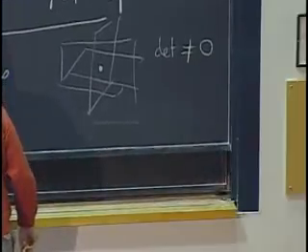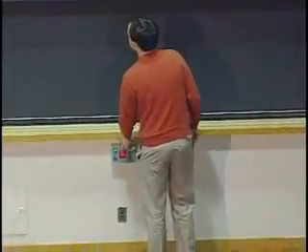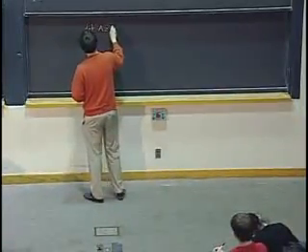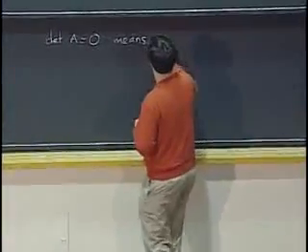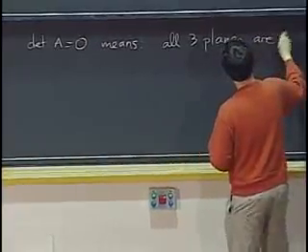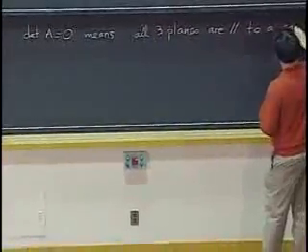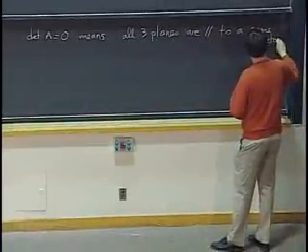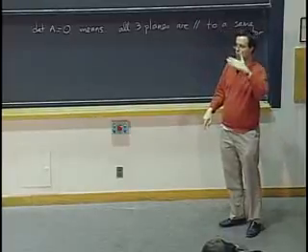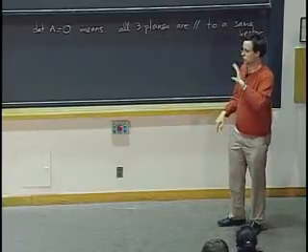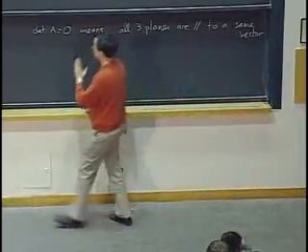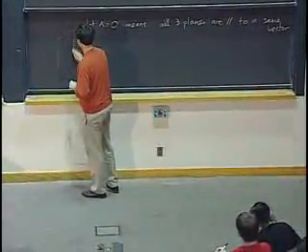However, sometimes it will happen that all the planes are parallel to the same direction. So determinant A equals 0 means the three planes are parallel to a same vector. And in fact, you can find that vector explicitly because that vector has to be perpendicular to all the normals. So at some point, we saw rather subtle things about how to find the direction of this line that's parallel to all the planes.